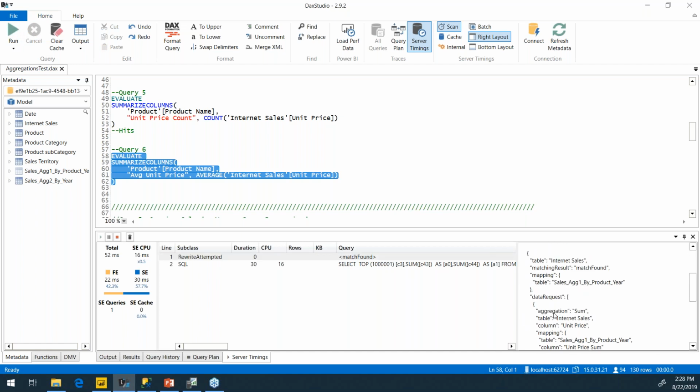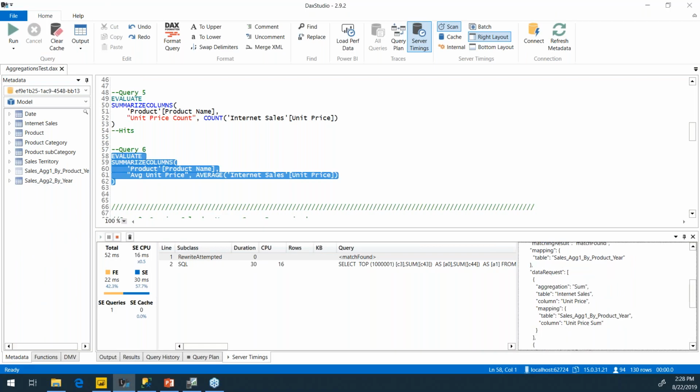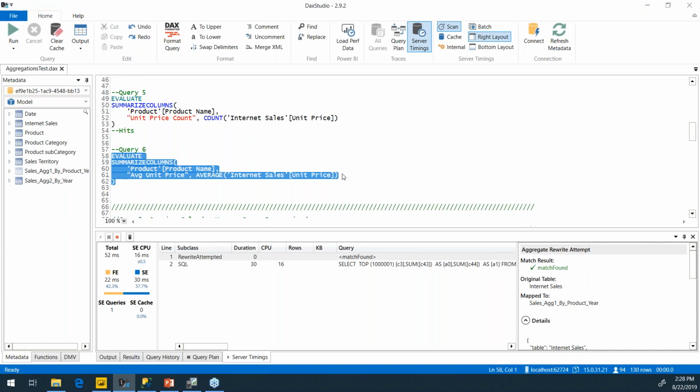And now if you look at the details on the data request, you're going to see that it did exactly that. You can see that it found the count, and it also had the sum, and it did the division, right? So the aggregations that you define, they will help a lot more queries than what you might think.